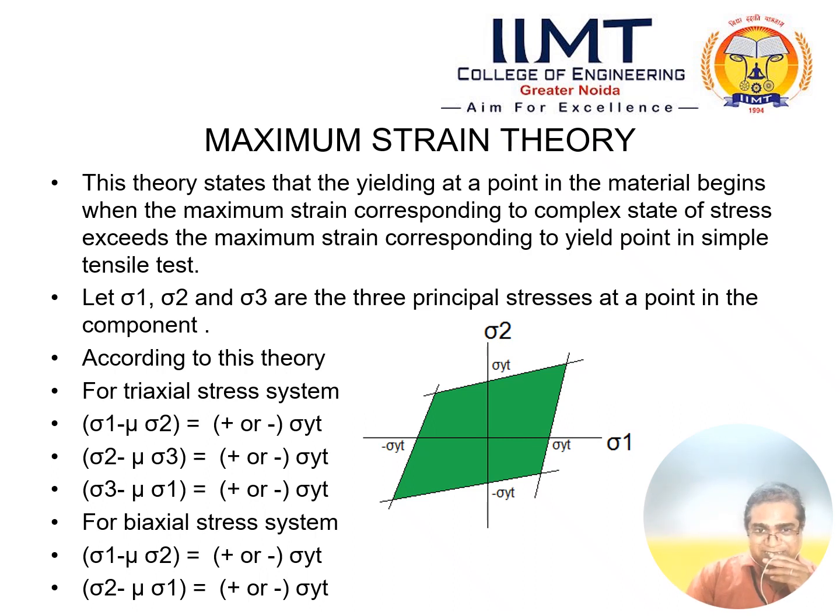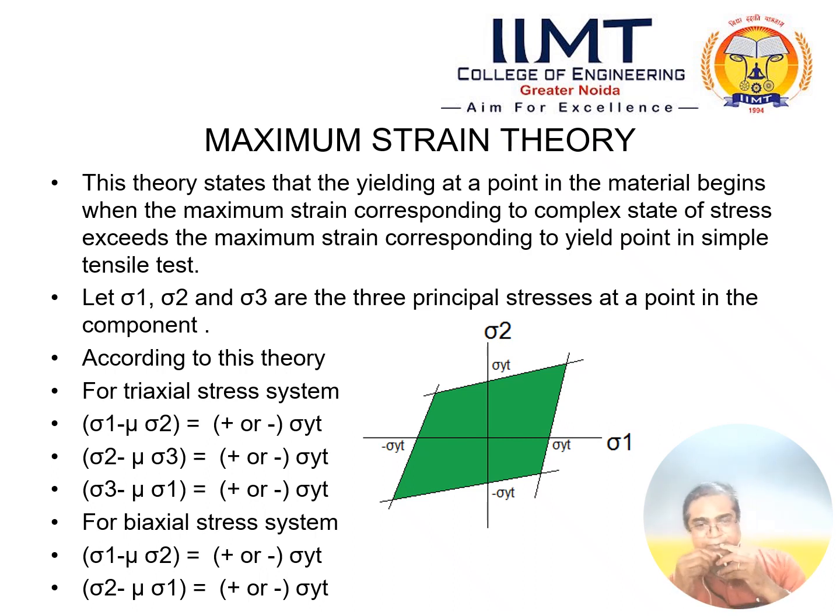So for a triaxial stress system, we can get six equations. One is sigma 1 minus mu sigma 2 is equal to plus sigma yt, and sigma 1 minus mu sigma 2 is equal to minus sigma yt. These are two equations. Similarly, sigma 2 minus mu sigma 3 is equal to plus or minus sigma yt, and sigma 3 minus mu sigma 1 is equal to plus or minus sigma yt. Here sigma 1, sigma 2 and sigma 3 are the principal stresses, sigma yt is the value of the yield strength, which we can get from the stress strain diagram, and mu is the value of the Poisson's ratio